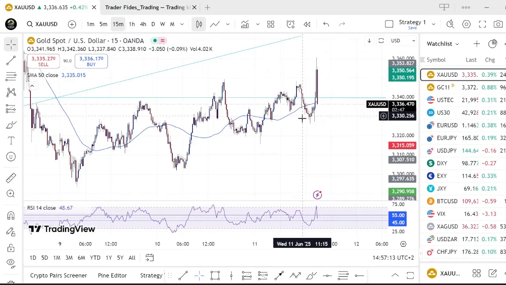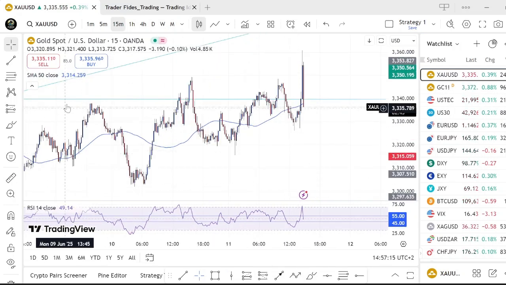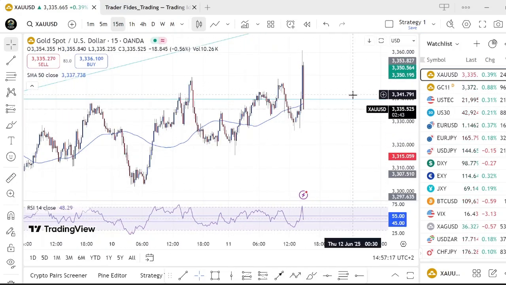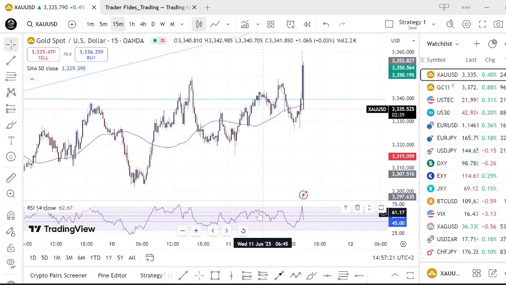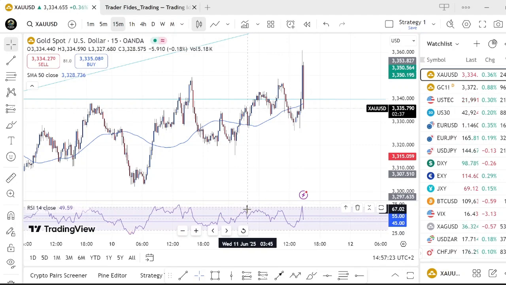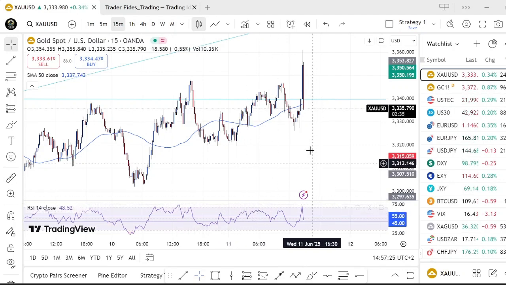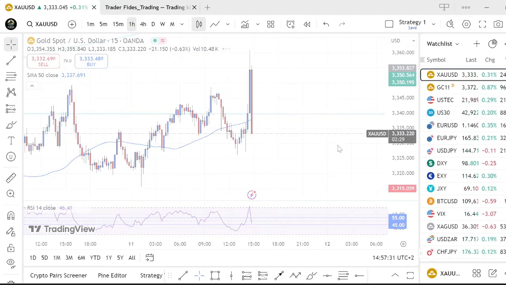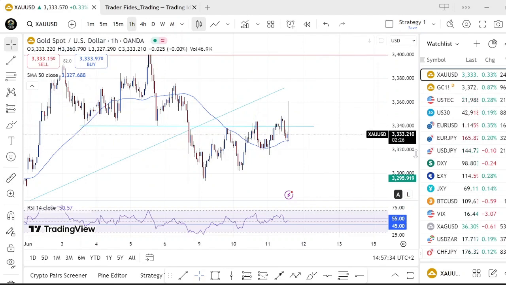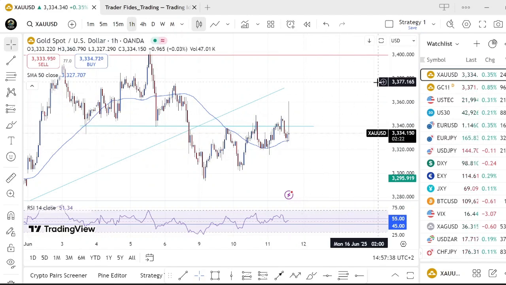If we drop into the 15-minute, what we can observe is price is trading upon the 50 SMA at the moment, so it's invalidated. We do have a bullish momentum coming out of the RSI at the moment, mostly trading above 55 but below 70. With the massive spike that we just had, we are currently seeing the correction at play, and we are seeing the 1-hour candle that is about to close in 2.5 minutes. So we will come back to this in a few, but as it stands,